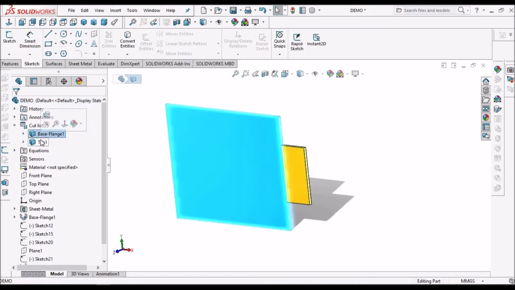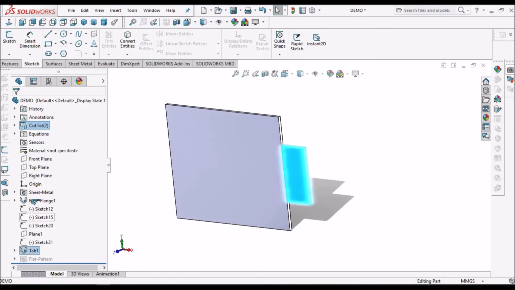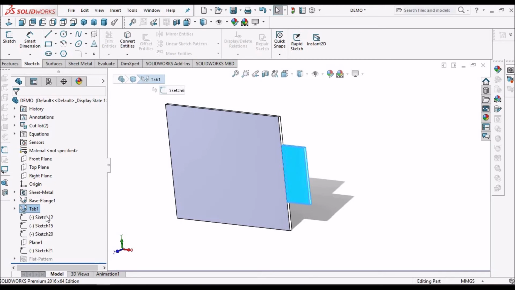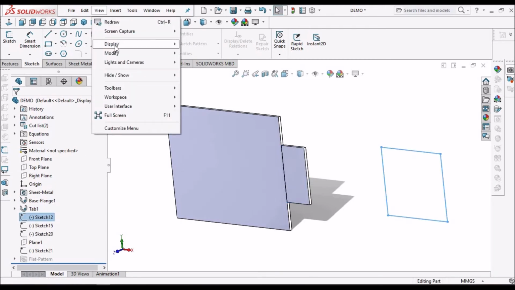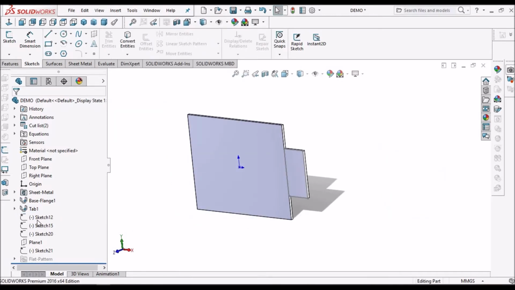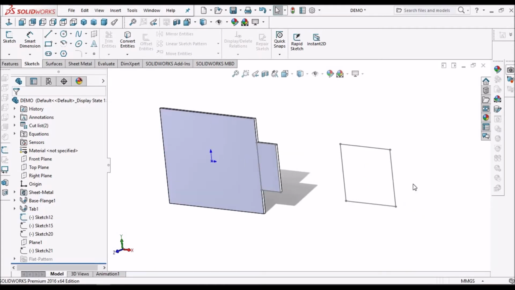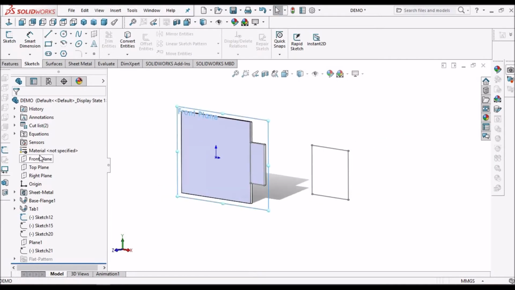See here, these two are two different bodies. Now see, I have created one more rectangle on the same plane, the same front plane.